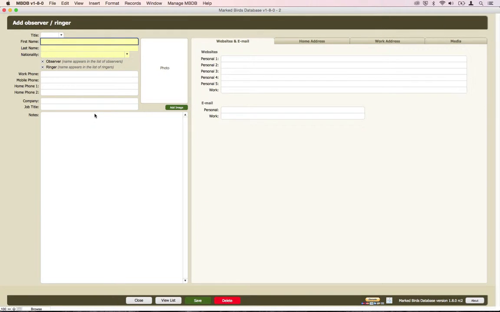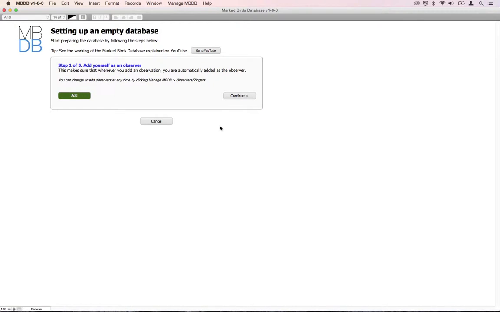and this shows the layout for adding observers and ringers. And you simply need to add your first name and your last name, and let me do that for myself, as well as the nationality. Make sure that you are at least in the system as an observer. If you want, you can deselect ringer. At this stage you can also fill out all the other fields, but for now that's not really necessary. You can always return to this form later on. So for now, click on Save and Close, and click Continue for the next step,